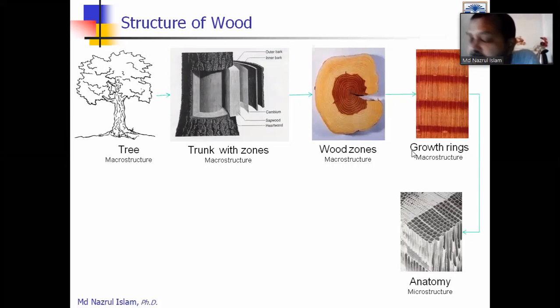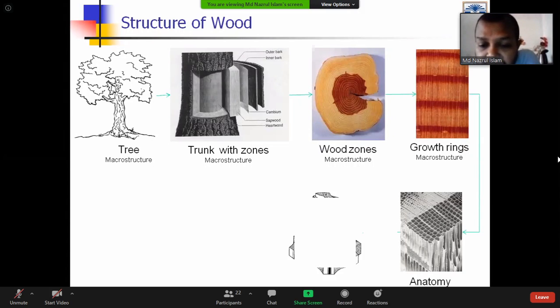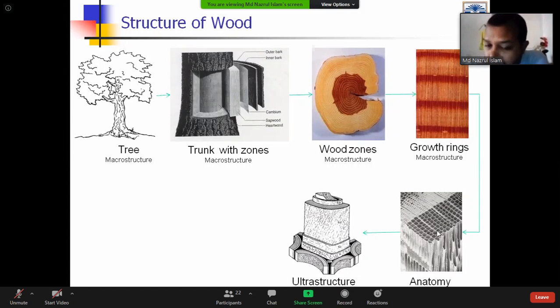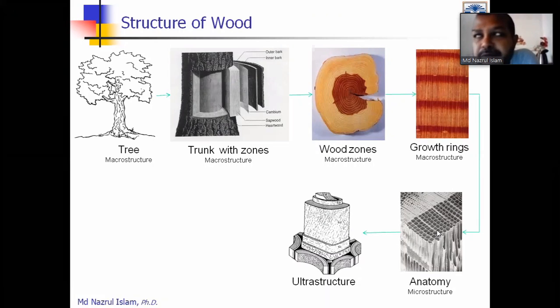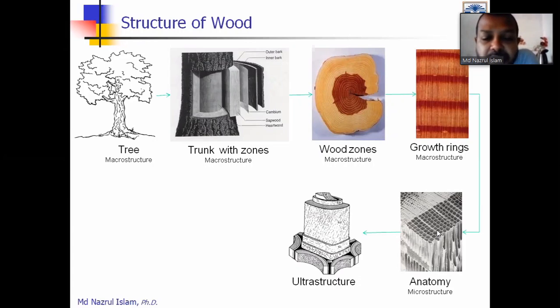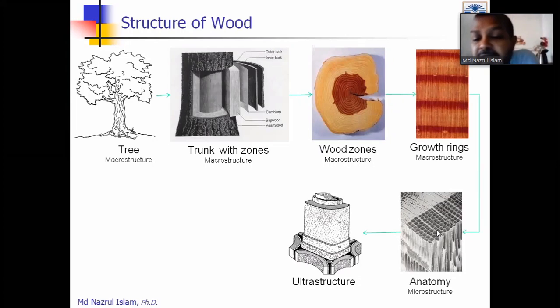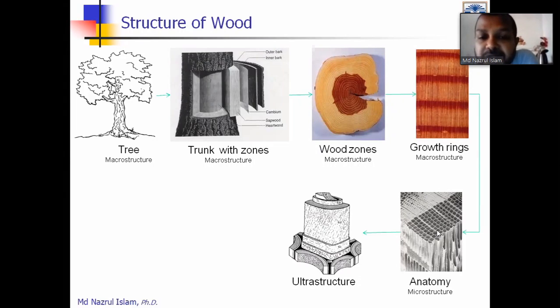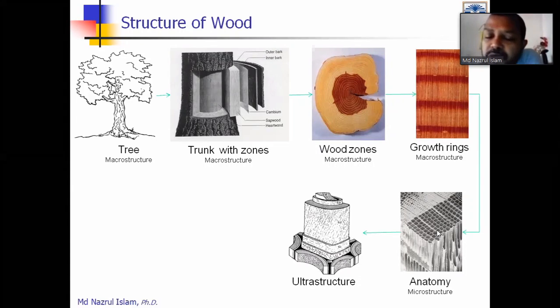So we will say that is the microstructure. After that, there is ultrastructure. With ultrastructure, you can never see the different layers of the cell wall, like the middle lamella, primary wall, and secondary wall layer. You cannot see them. So that is definitely ultrastructure, and that ultrastructure, in the structure and properties course, you have studied a bit,